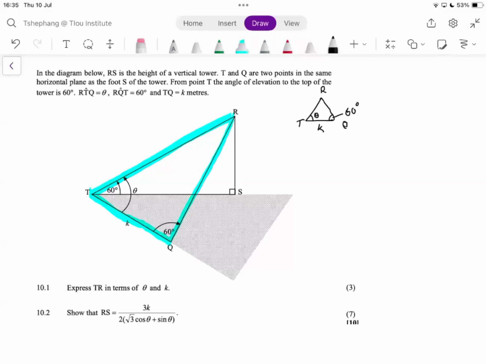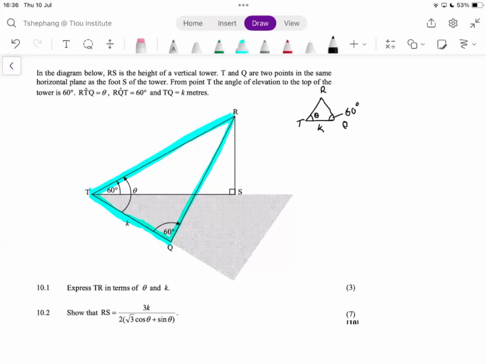What can we use? There's a special rule that we can use here. If you think you know what the rule is, please do type it in the chat. What rule can we use? The sine rule, right? We have to use the sine rule. We cannot use the cosine rule because the cosine rule needs a lot of sides. Here we are only given one side and we want to find another side. So we'll use the cosine rule, sorry, we'll use the sine rule.